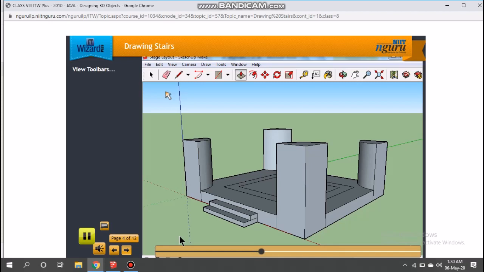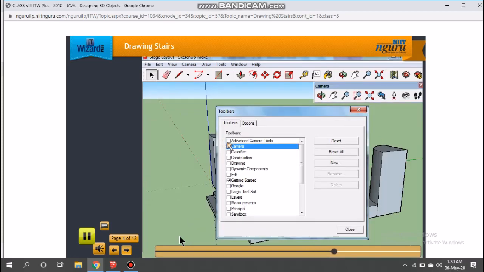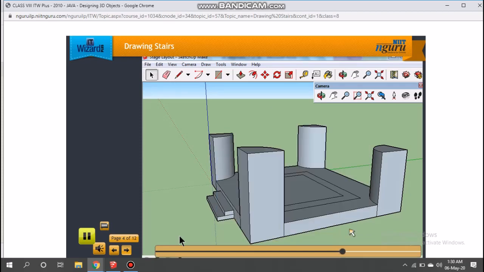Click View, Toolbars to open the Toolbars dialog box. When you click the Camera checkbox, the Camera toolbar opens. By default, the Camera toolbar is docked below the standard toolbar.